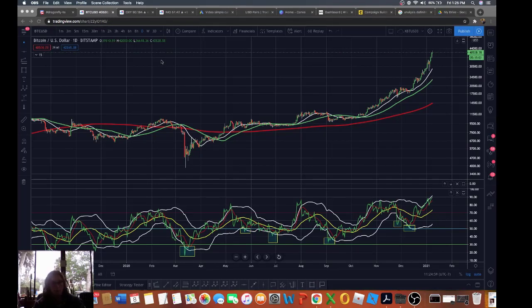So I'm going to start out on the daily time frame and just simply go over how many signals this indicator gave. And if you find this interesting, in the link below there is a link for a free video where I go into deep detail of how to use this indicator and how to use it on the different time frames for the type of trading that you do. But starting off on the daily time frame,